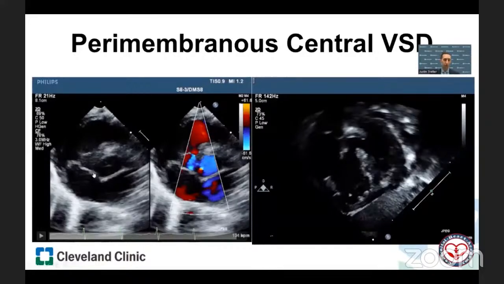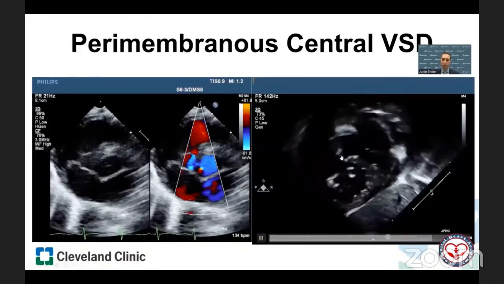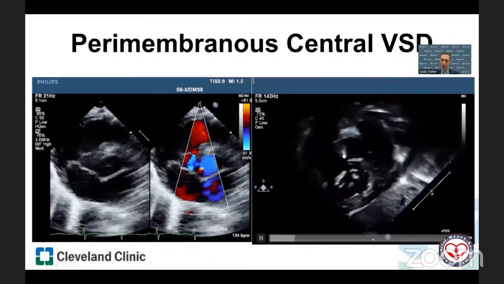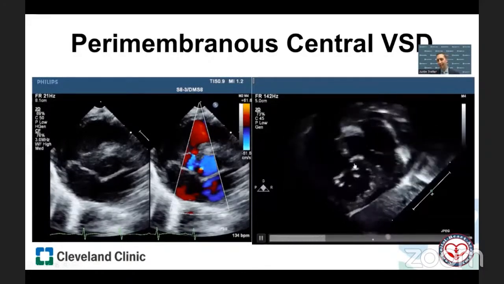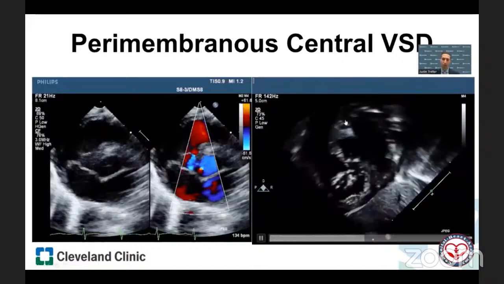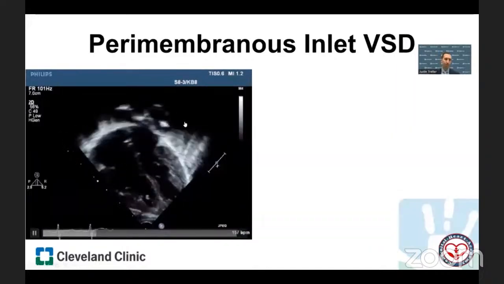So from a border standpoint, it's perimembranous. Geographically, it opens centrally. It doesn't extend into the outlet. We can't really tell the inlet in this view. So we turn our attention to a subcostal short axis view. We see the tricuspid valve en face, the septal, the inferior, the anterosuperior leaflet. We see the defect at the commissure here between the anterosuperior and septal leaflet, and it is not extending inferiorly under the septal leaflet. So it's not extending to open into the inlet. So it remains central. It's a perimembranous central VSD.